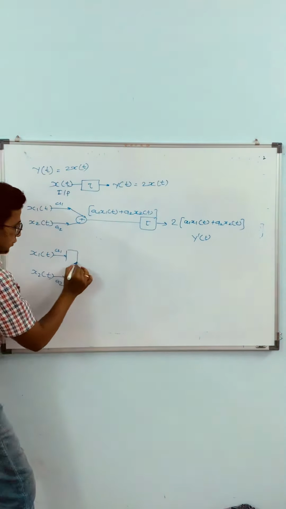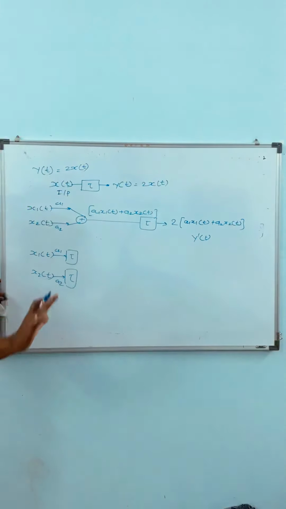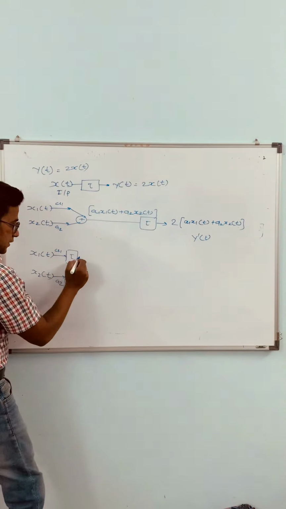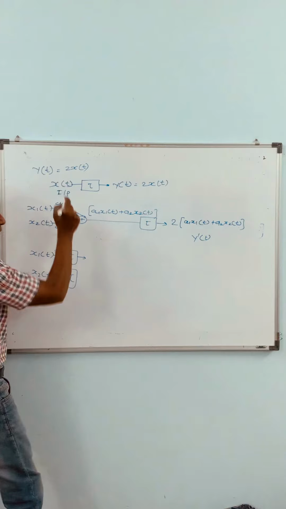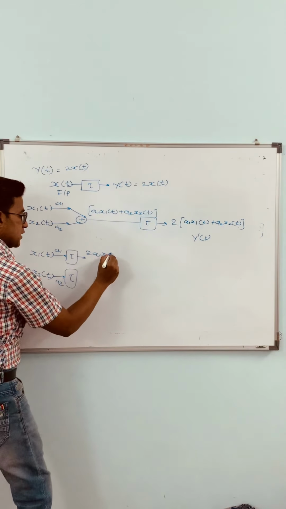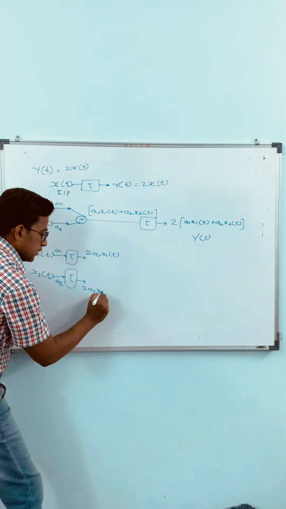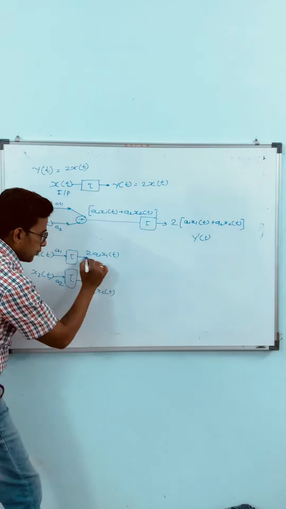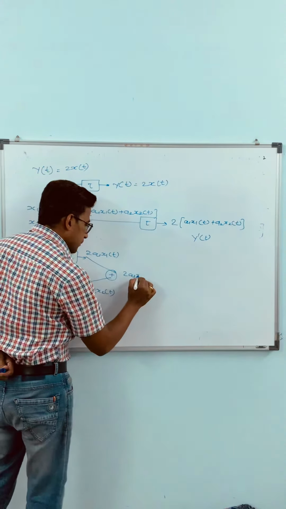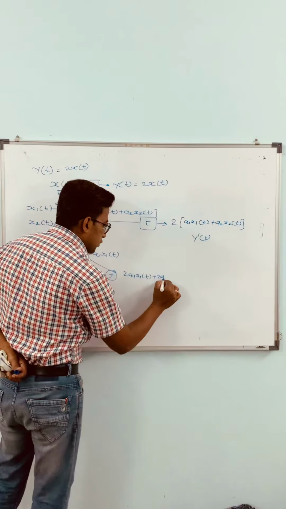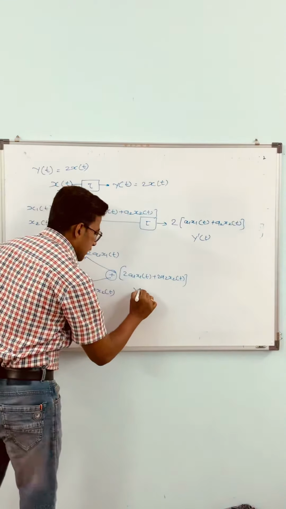Here, now we are going to create an individual output. In every numerical, the steps remain the same. So here, the individual output will be obtained. Now, what is the individual output? Function gets multiplied by 2, means 2 into a1 x1 of t. Here is the individual output. Here is also 2 into a2 x2 of t. Now these two outputs are getting added here. Now you can directly write 2a1 x1 of t plus 2a2 x2 of t. This output is called y double dash of t.